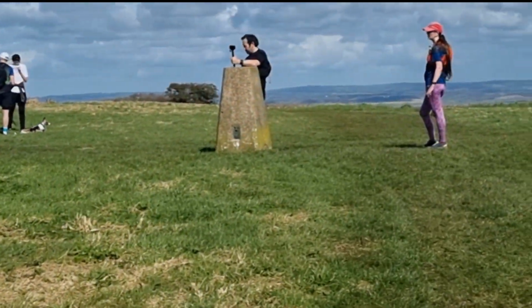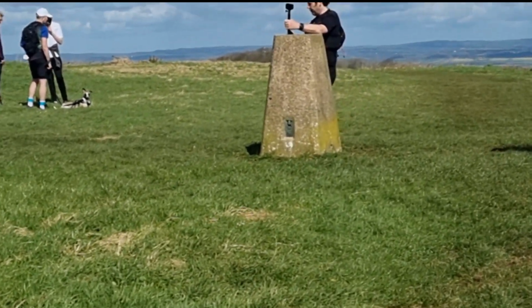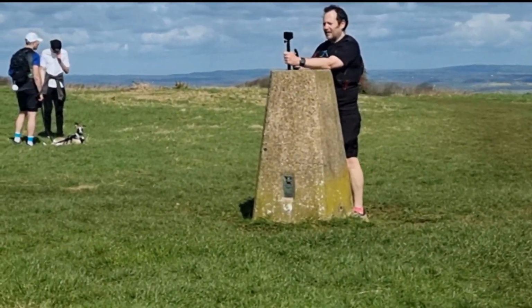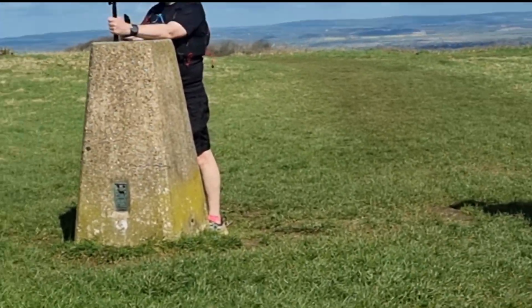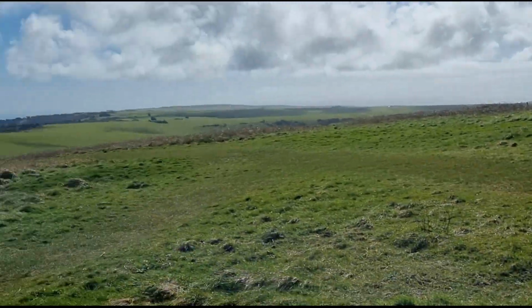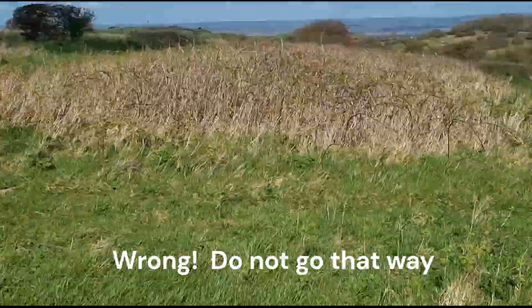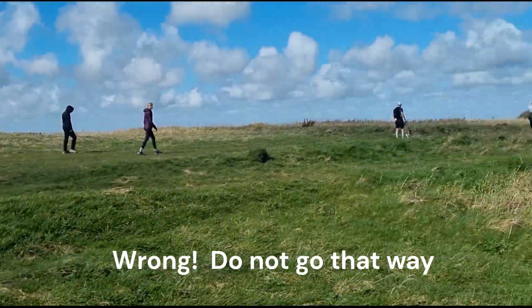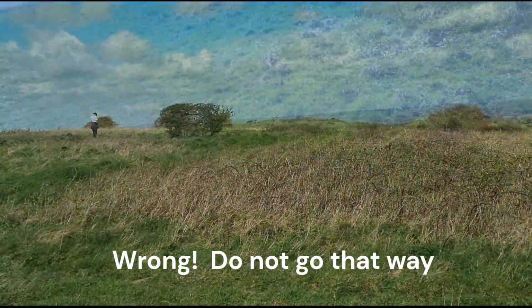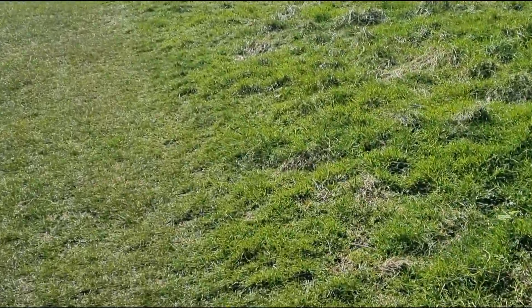And there we are, just approaching the Jevington Hill trig point. So everything from now on is all downhill. There's the trig point there, we're just trying to work out where exactly we're going down, and we think probably down this way. So there's a path up there, there's another path to the right a bit. That does look more right. So strike what I just said,